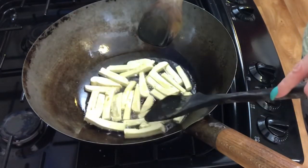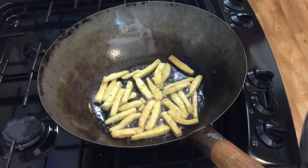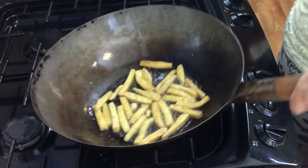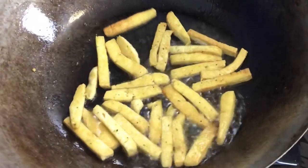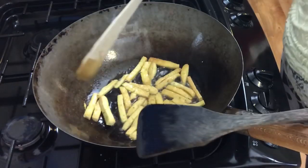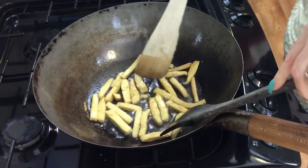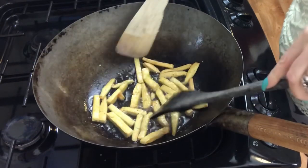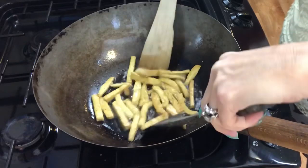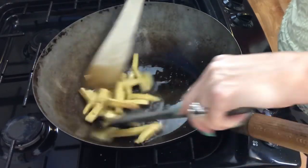So I'm going to fry them off until they go kind of a nice golden brown colour. They've been going for about 3 minutes now, and you can see that they're getting golden brown. I've added a bit of salt and pepper to them. They don't really have any flavour, but these are going to take on the sesame oil flavour, which is going to be divine. So just keep turning them over and make sure that they're kind of cooking evenly, and any